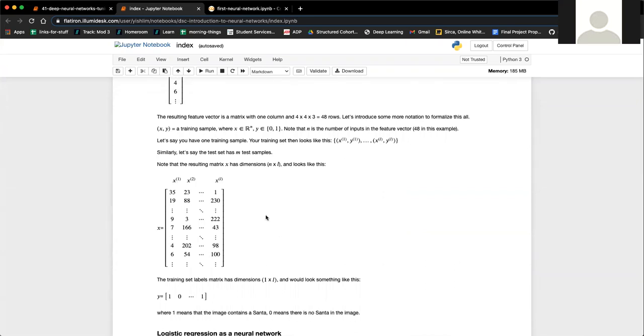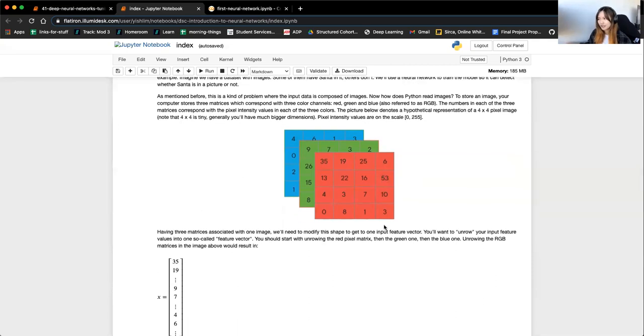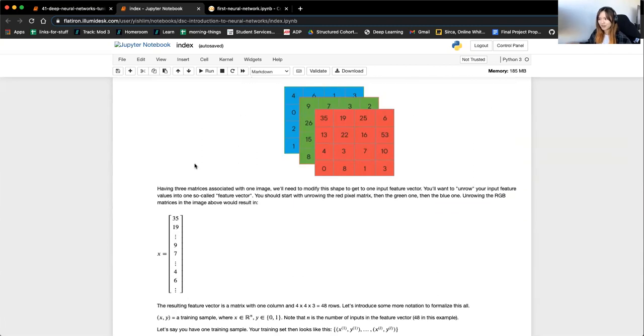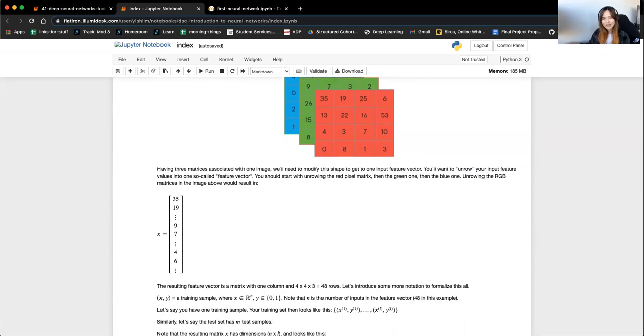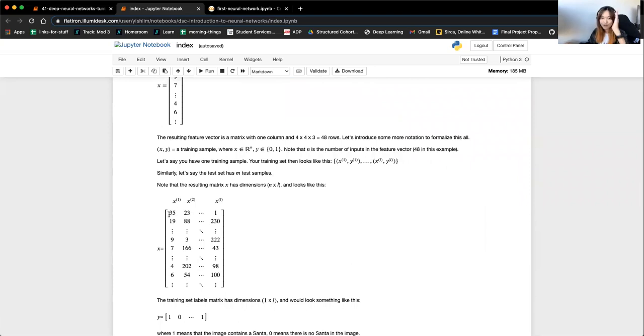Thanks. So this is really just a breakdown of how you can take image data and represent it as a single row of data. As you can see here, you're taking each of these layers, unraveling them, and then putting them all in one dimension so that you can feed it into your neural network. The thing that I assume is throwing people off is here. Each column becomes a row of data, or each column is an image,